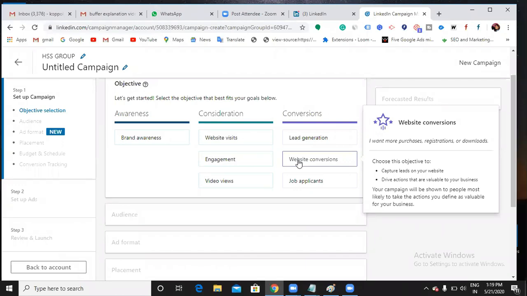So your ad is likely to reach the people who are most likely to convert on your website. That is, purchasing a product or filling up a contact form. That can be anything. So if you are looking for more conversions on your website, then you can choose this.